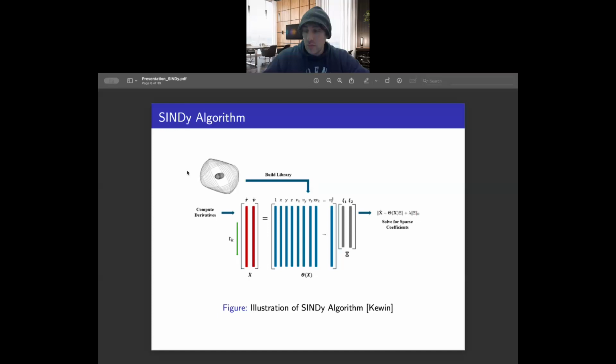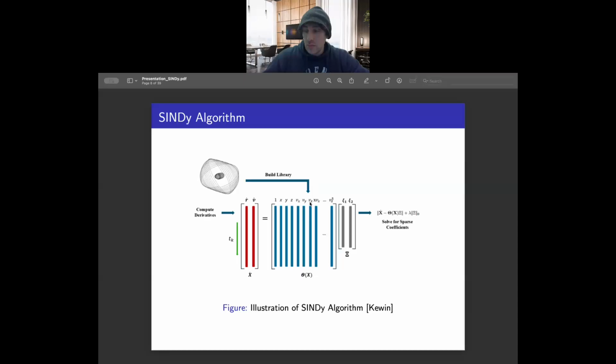And this is the representation of the SINDy algorithm. In this algorithm, the functions that I am selecting, like 1, x, y, z, are the first-degree polynomials. Then after that we have vx, vy, vz. First of all, these are not the derivatives here, because this is the simple SINDy algorithm. It is just a function of x, not a function of x dot.